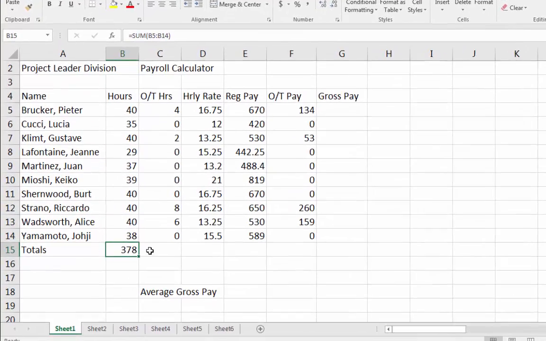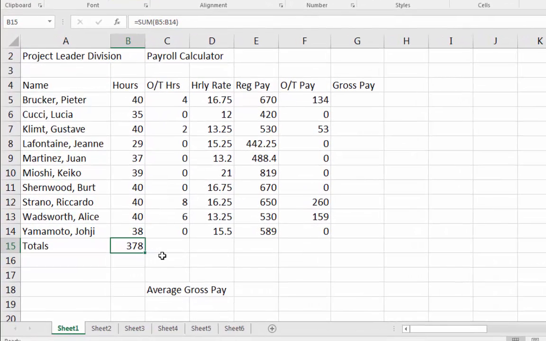When I point my mouse pointer at this little box, watch what happens. Fluffy white plus sign. Solid black plus sign. Fluffy white. Solid black. Do you see the difference? Yeah. Okay, when it's in the solid black mode, you're over what's called the fill handle. You grab that handle by clicking and holding with your mouse, and then you drag it over, and it's going to,